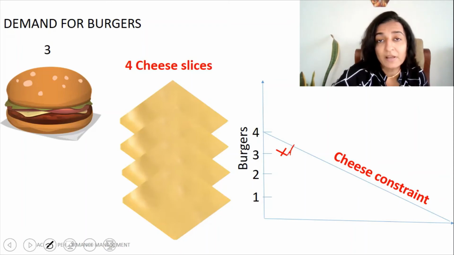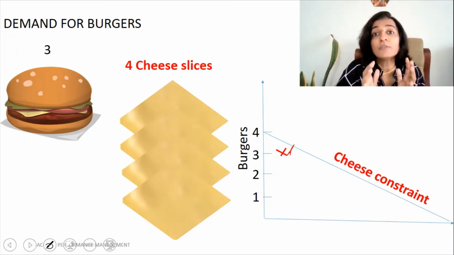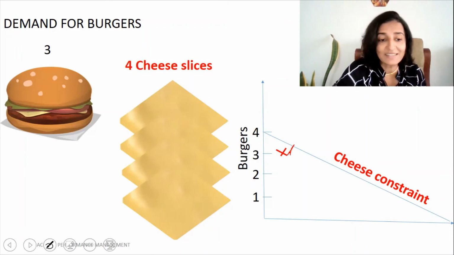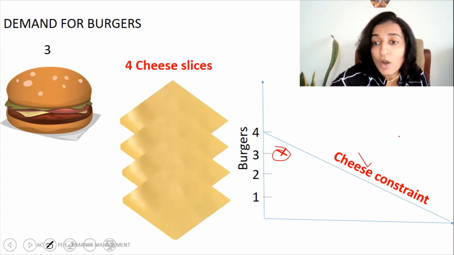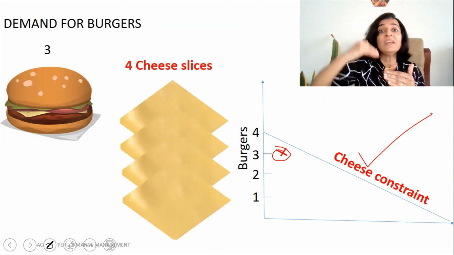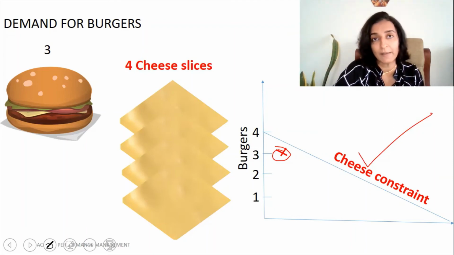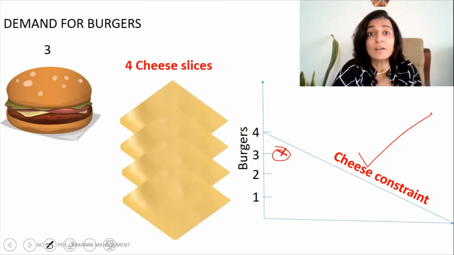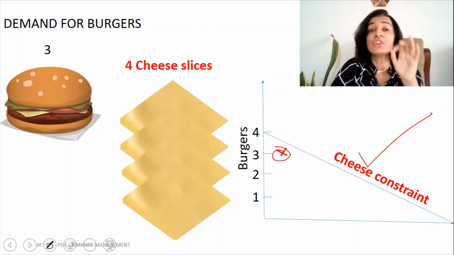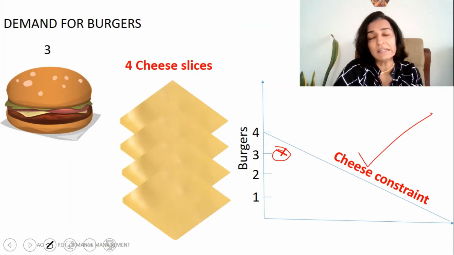There'll be a gap here showing that the cheese is not fully utilized, which means that whenever we get an optimum production plan, if it is a non-binding constraint, it will be above the optimum production plan. It will not pass through it. In the question that we were tackling, if we can prove that at least one of the constraints is non-binding, then we can confirm that the optimum solution does not lie on those particular lines.